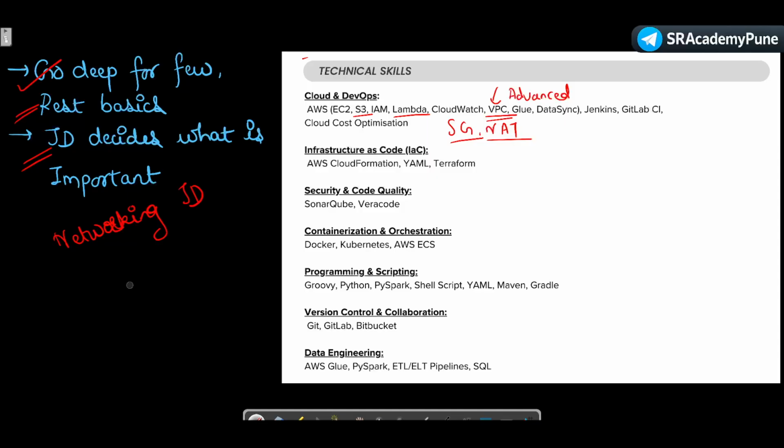And let's say the job description says that the IaC tool CloudFormation is the main and Terraform is secondary. In that case, you can focus on AWS CloudFormation, Google advanced interview questions, and cover some basics for Terraform and YAML. This is how you should prepare your technical skills section. Go through the JD, match it with your technical skills section, and prepare in depth for the services that are expected.